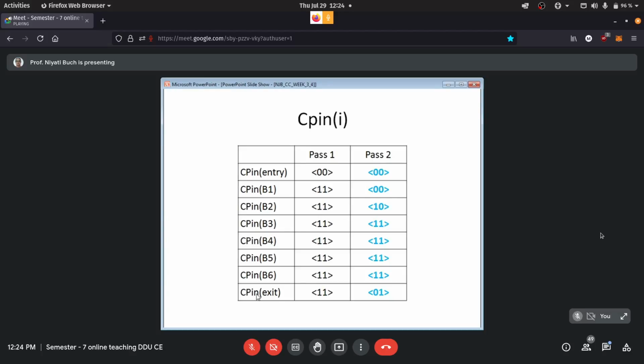Are you all following this one? Because now you know the technique, I'm not making it compulsory for you to calculate with me. You have done calculation for common subexpression elimination, so you have an idea of what exactly you are expected to do. So with the end of the second pass, these are the values. If you have any questions at this stage, please ask. Otherwise we will go for the next iteration.